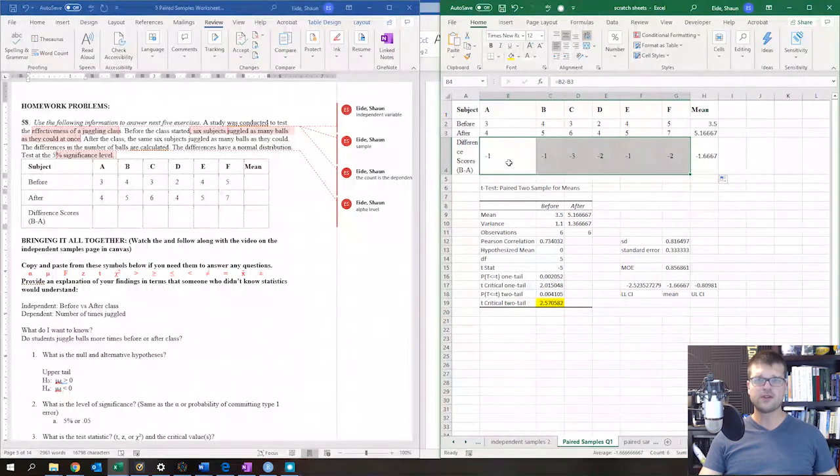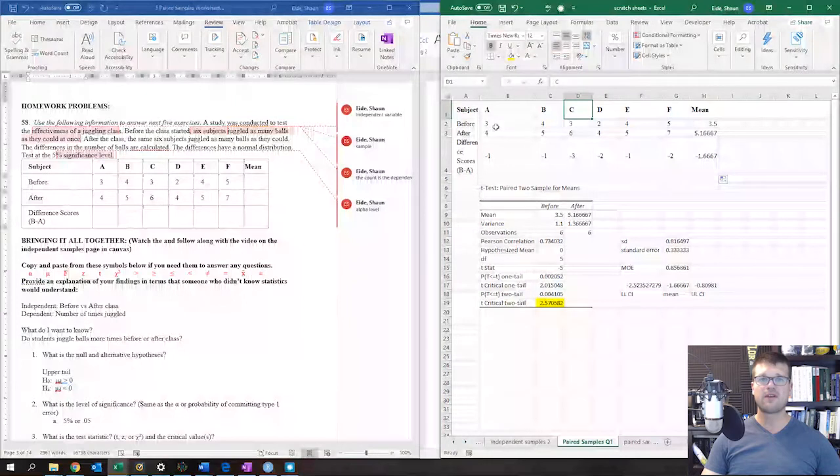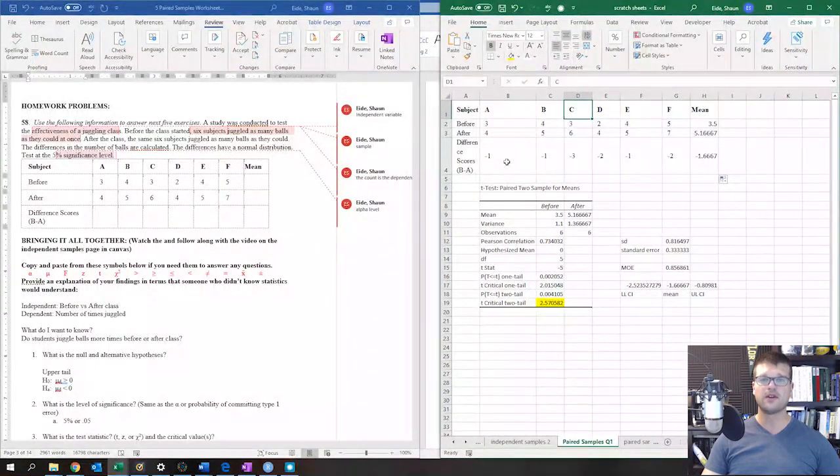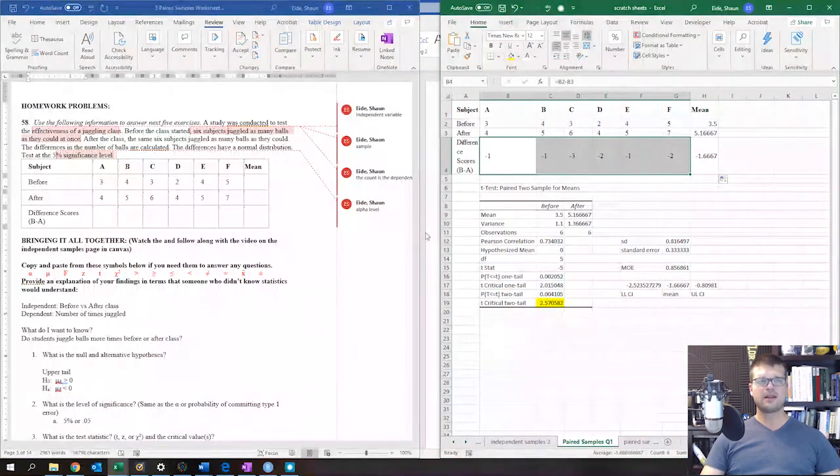So we have difference scores for each subject. For subject A, we have a different score. For subject B, we have a different score. So we've got a total of 6 people who took the juggling class. They each have their before score, their after score, and their difference score. And for this test, the only one that we're technically looking at is the difference score. So let's go ahead and make the